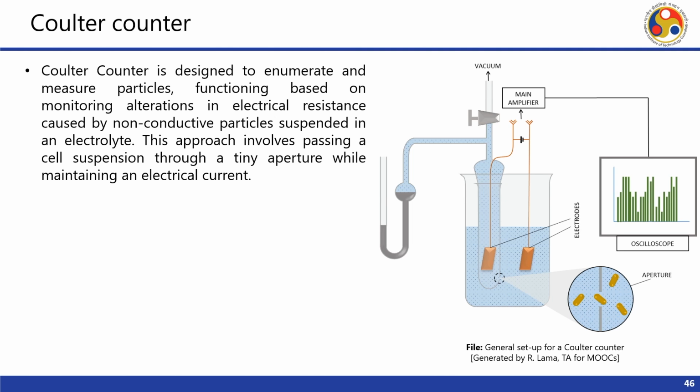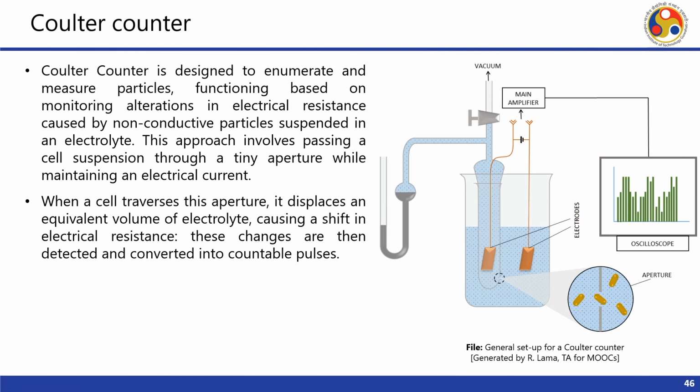So, here we have a general setup for a Coulter counter, and you can see here the electrodes, and then there is the electrical signaling which is being captured by this oscilloscope. And then when a cell traverses this aperture, it displaces an equivalent volume of electrolyte, causing a shift in the electrical resistance. These changes are then detected and converted into countable